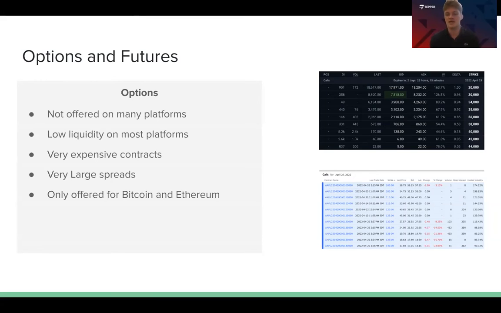As you can see in this screenshot, the top one, the current price of Bitcoin is around $37,000. So for options that are in the money, the spreads are usually a few percent. And then as soon as you get out of the money at $38,000, the spread is 22%. And after that, it's 76%, and then hundreds of percents, which is much larger than call options for a stock like Apple, which is shown below, where the spread is usually around 1%. The options are usually only offered on Bitcoin and Ethereum as well, just because of low liquidity. They don't want to dilute that anymore by offering other coins.